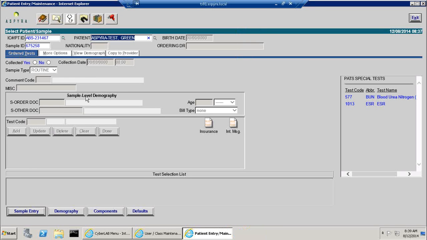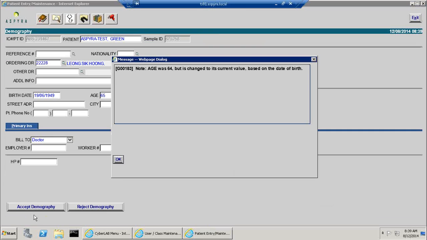Better use one of mine. Then when I say sample entry, the cursor is going to go to either the first, well, as soon as I get all this done,